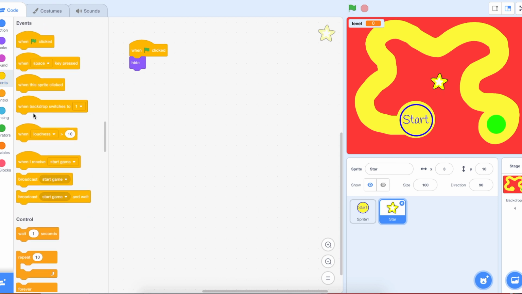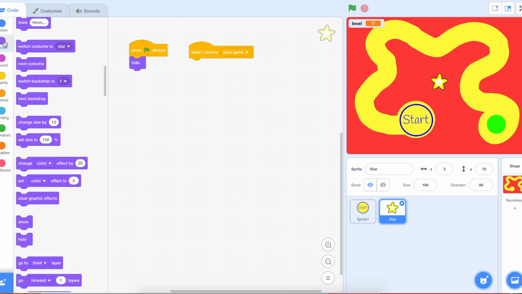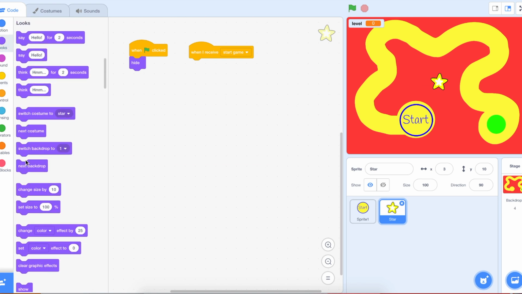When I receive, here we go, when I receive start the game, I'm going to set the size of that because it's a bit big at the moment. Set size to, let's try 30%. 30, yes. You see how small that one is now. Set size to 30%, and then forever,